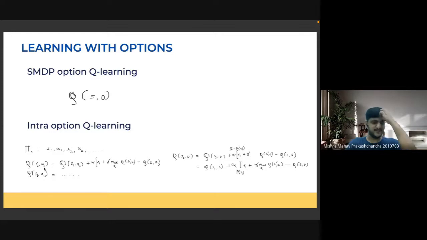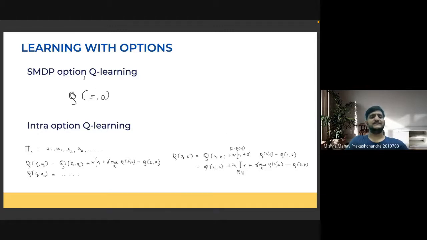So you have all different primitive actions that are being used to update the Q value over here. This is similar to the normal Q-learning setup. If you have defined this Q-learning for Q of S1, A1, you can similarly define it for Q of S1, A2, and so on. This is for the primitive update, and then for the main option update, this can also be put here.